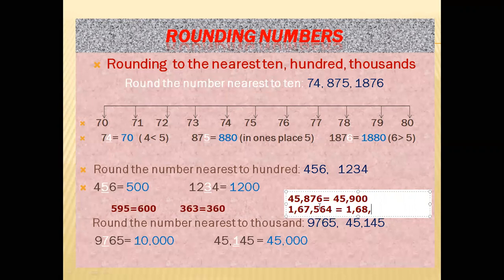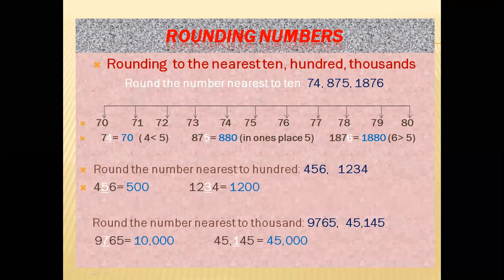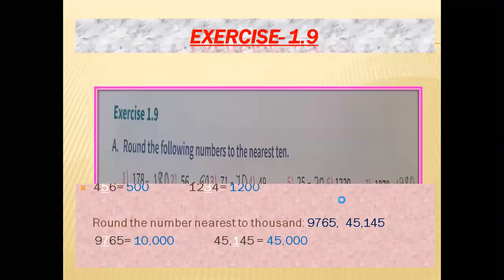1,68,000, and then after that, in the hundreds, tens and ones place you have to put 0 0 0. In the 1000 place only you have to change that number, and then you have to put 3 zeros. Understood now? How can we round this number nearest to 10, 100, 1000? Understood now? Yes. Okay, next, for this exercise.